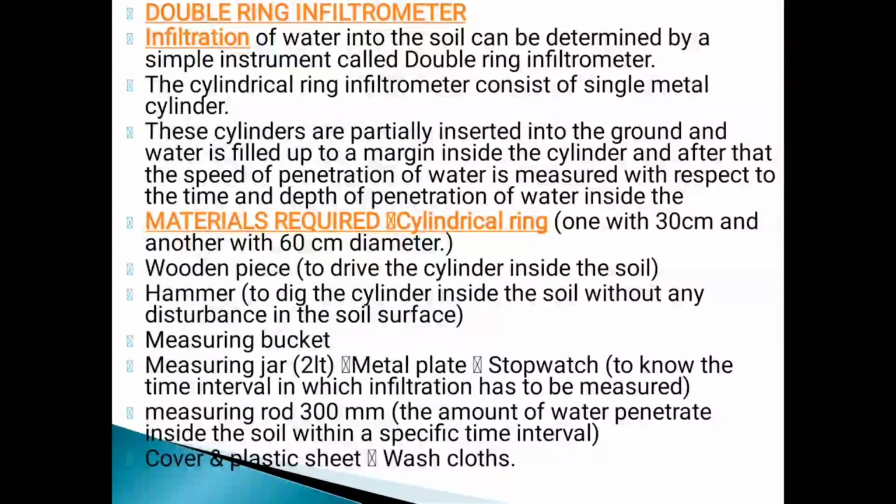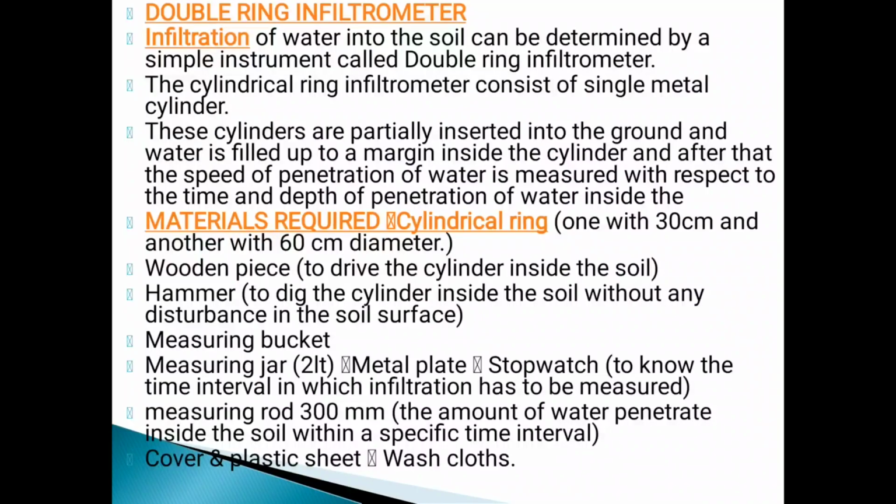Next one, double ring infiltrometer. Infiltration of water into the soil can be determined by a simple instrument called a double ring infiltrometer. A cylindrical ring infiltrometer consists of a single metal cylinder. These cylinders are partially inserted into the ground, and water is filled up to a margin inside the cylinder, and after that the speed of penetration of water is measured with respect to time and depth of penetration of the